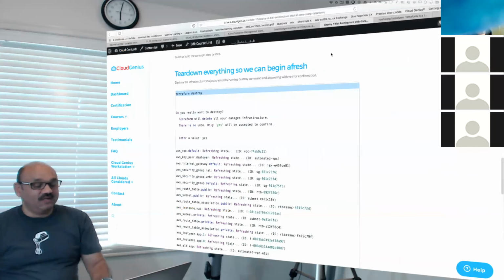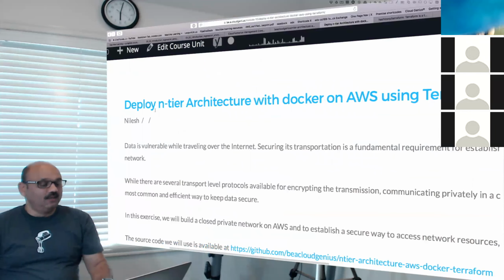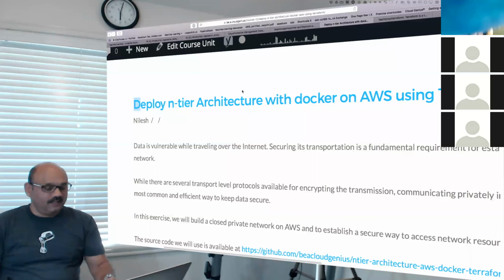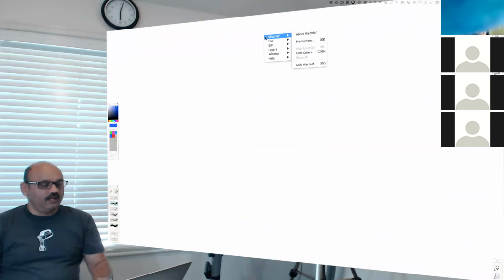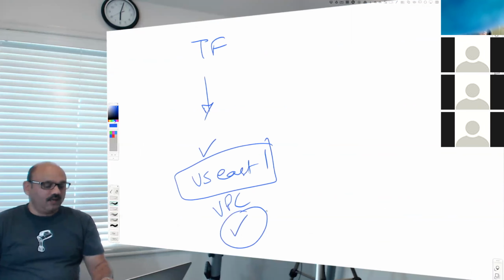So what I will do now is let us dissect this again using Terraform. Let's understand item by item and play it this time with a different region. So in short summary, with Terraform we built something in US East 1, and that VPC is created and running and all nice and happy.